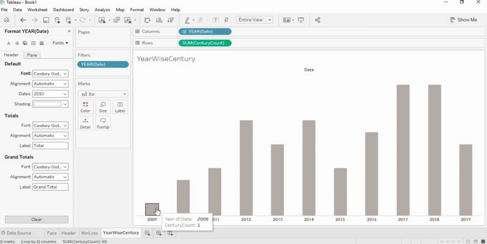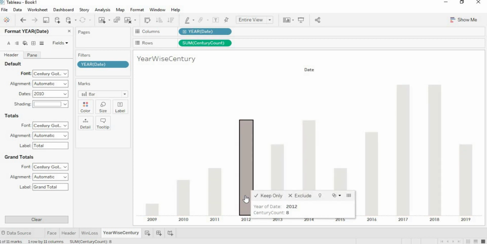So hover over it. You could come to know that in 2009 Virat had 1 century, 2010 3 centuries, 4 centuries, 8 centuries. But how would one come to know what is the contribution of that 8th century?